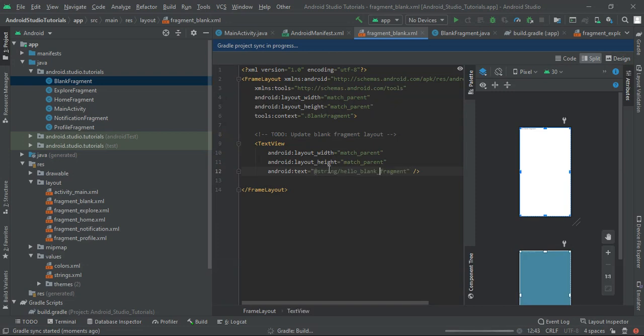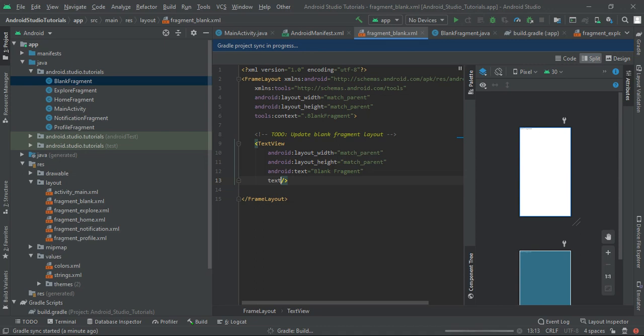So I am going to write here blank fragment. So it will take some time to do this, because currently you can see that the Gradle build is in work. So here I am writing blank fragment, and to make it more visible we are going to add text size.